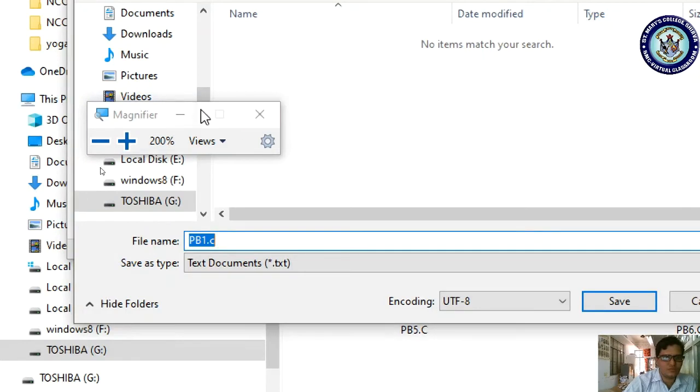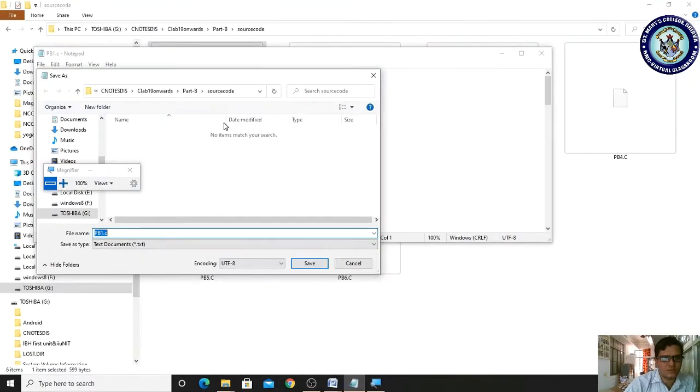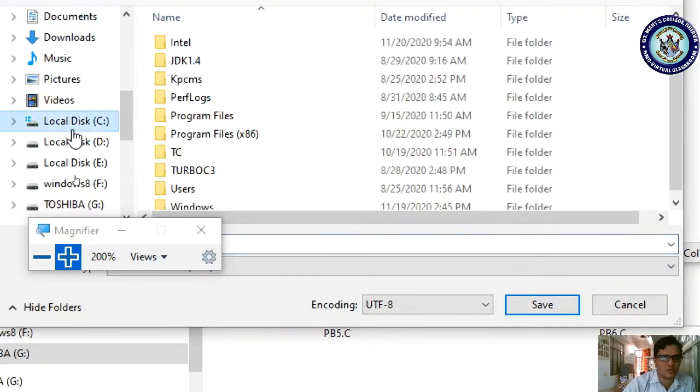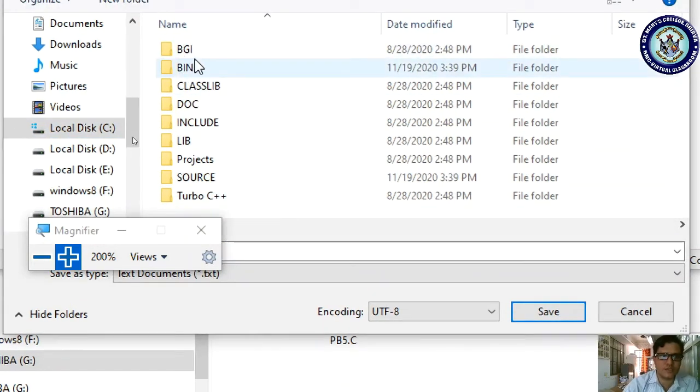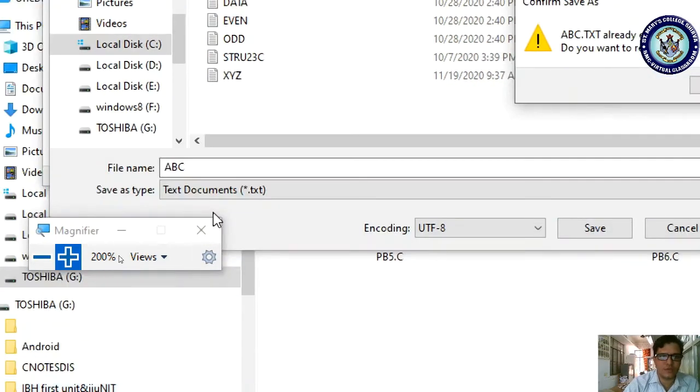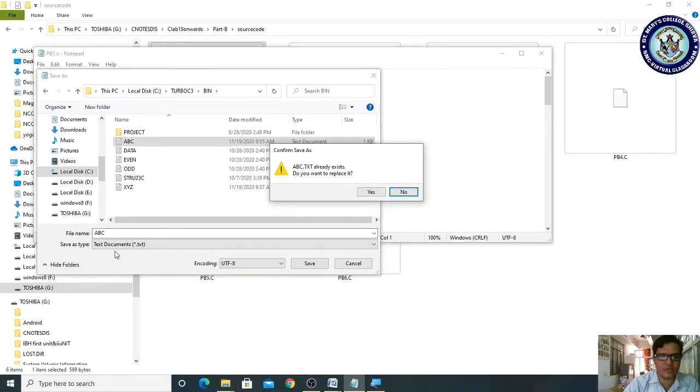Okay, we already have our Turbo C++. Where does Turbo C++ exist? Turbo C++ is in local drive C. Here Turbo C3 is there. In this, the bin folder is there. In the bin folder you will store it.